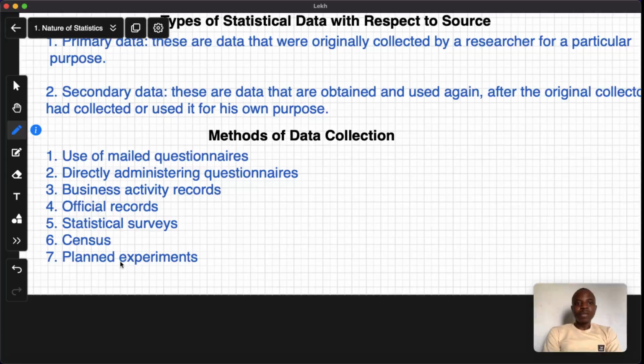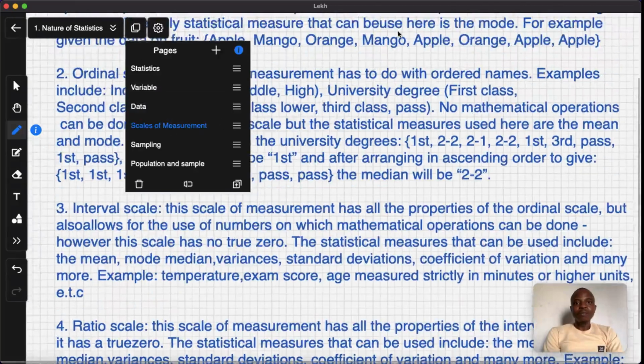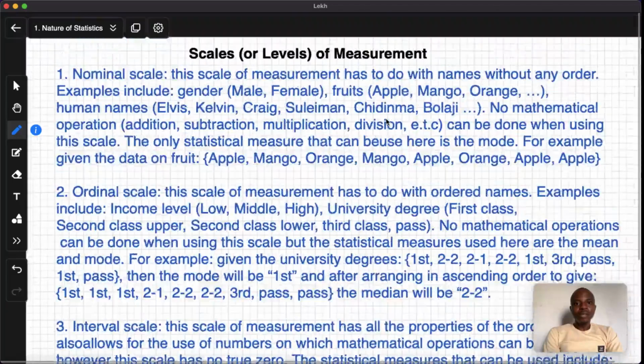So planned experiments. Sometimes you may control the environment or control a particular system in order to have some results. In order to see how your result will be affected, it means you have a planned experiment. All right. Scales of measurement. Now the scale of measurement,